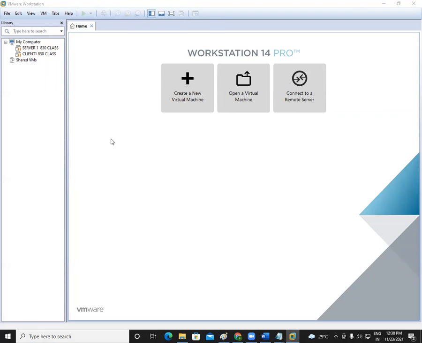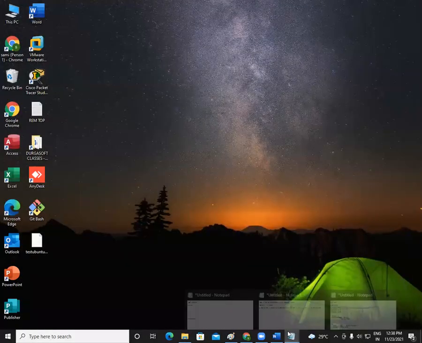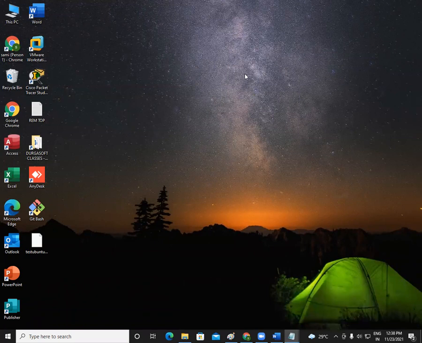This is actually the virtualization concept. We will use this virtualization concept to do all the practicals. Tomorrow we will see a brief introduction of virtualization, a brief introduction of cloud computing, and then we will see the OS installation.